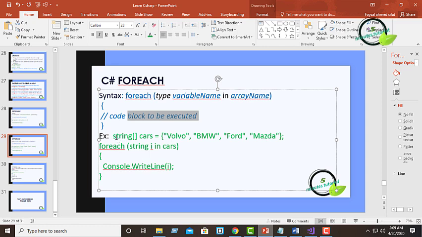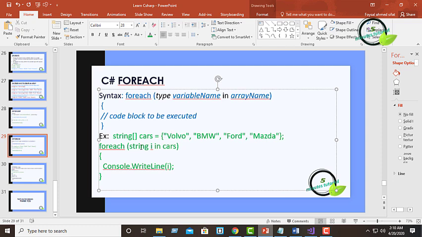So here is an example of for each. Here you can see a string array car, and here are 4 values: Volvo, BMW, Ford and others. In an array, counting starts from 0. So it is 0, 1, 2, 3. So it is car 0, car 1, car 2, car 3.